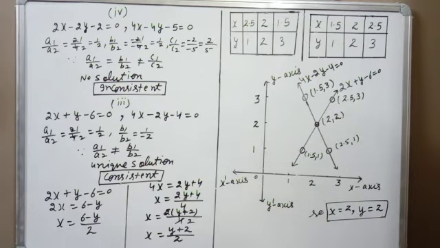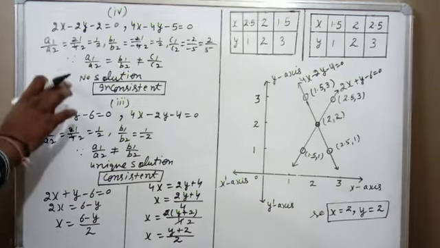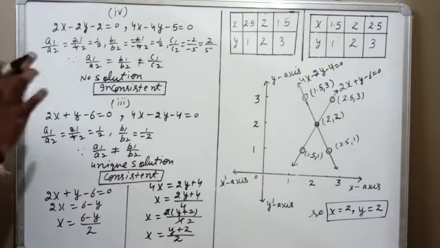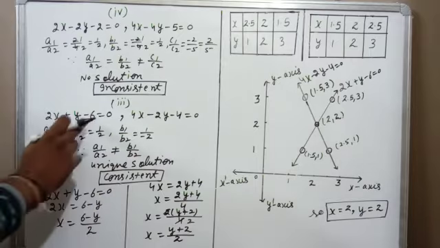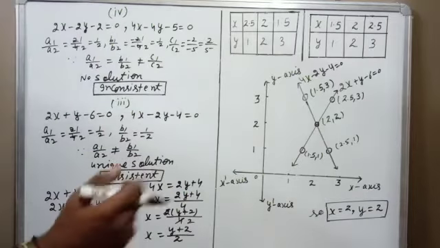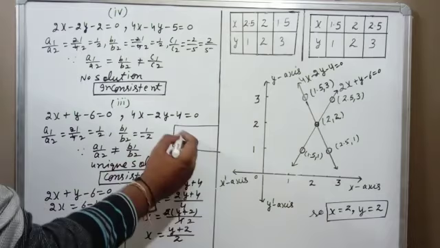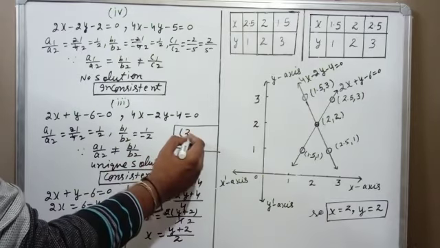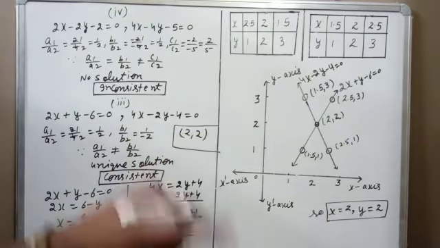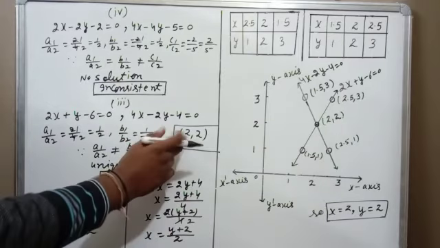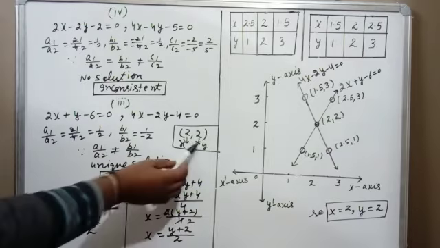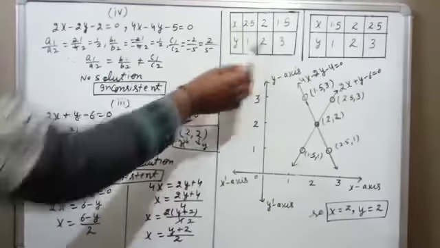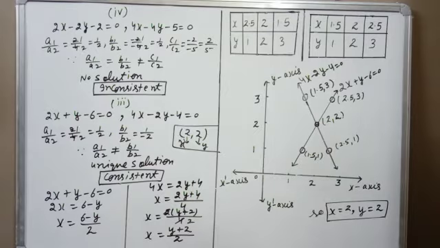So I told you in the first question of this exercise that whenever you are having unique solution, no solution, it's your choice, whatever you want to put, and infinite many solutions also, it's your choice. But when the solution is unique, then you solve these two equations by elimination method in rough space. When you solve, you will find that the value of x will be 2 and the value of y will be 2 also. It means I have to put the value of x and value of y. So generally we put the value of y, so I have to put the value of y as 2 here. The rest two values are your choice. Generally we put only three values.